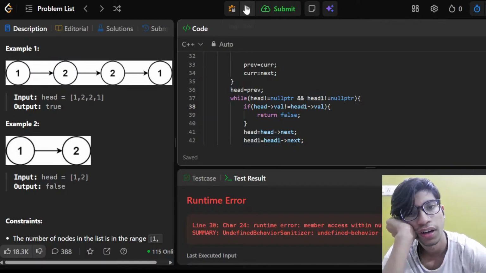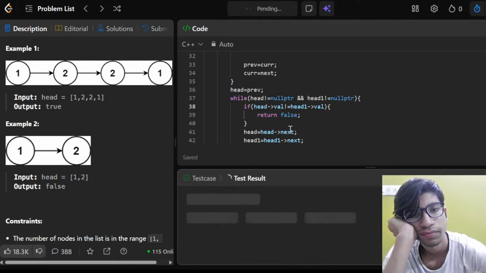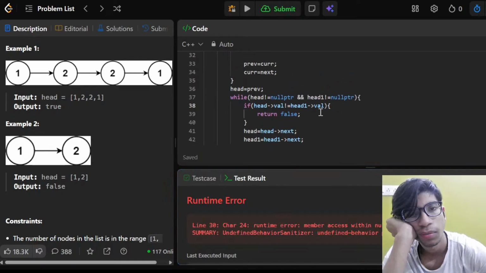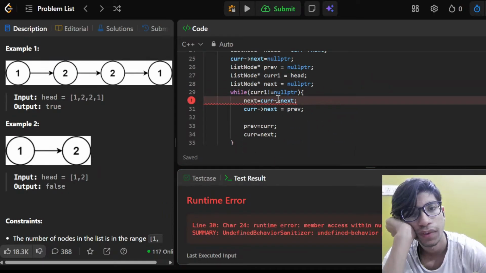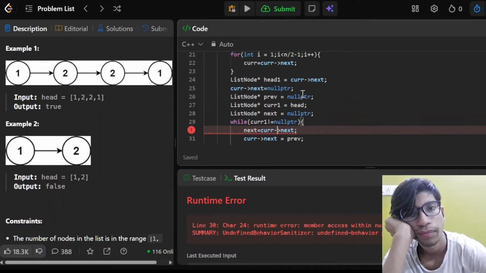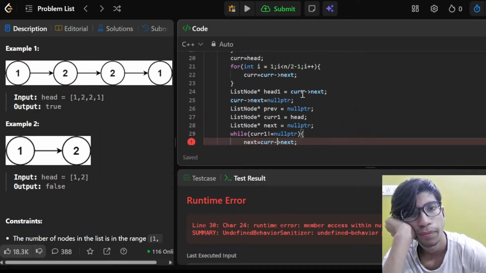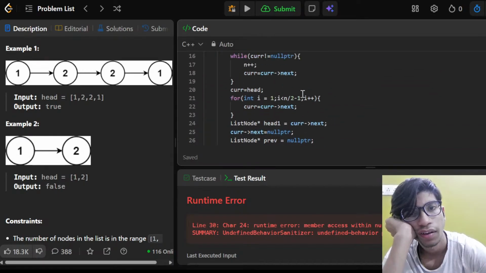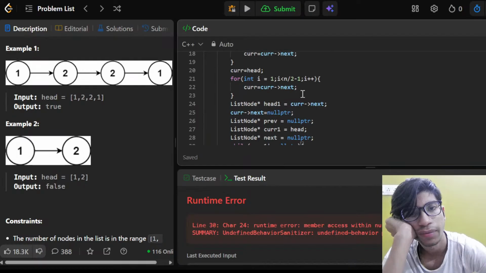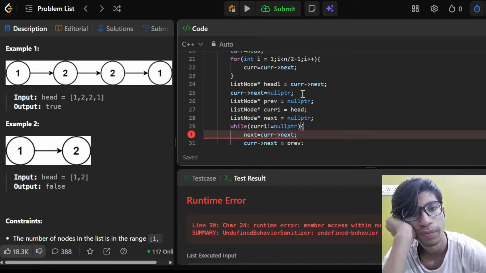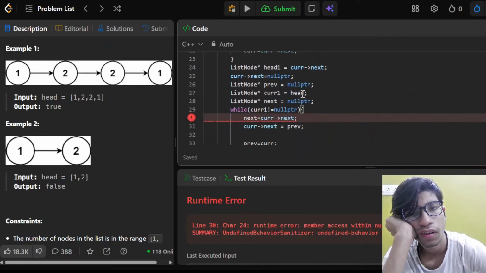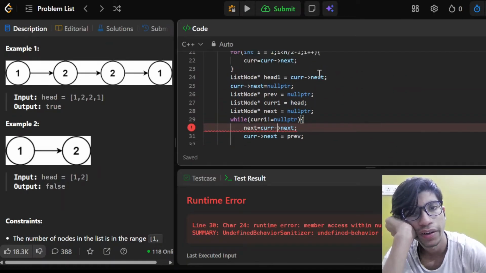I think it's okay now. Okay, so null pointer error is still there. While cur is not equal to null pointer, well, I did specify cur is equal to head, right? So cur is equal to head, yeah. Cur 1 is equal to head.